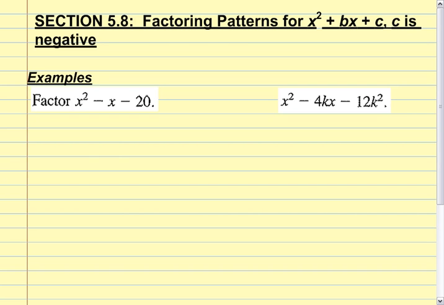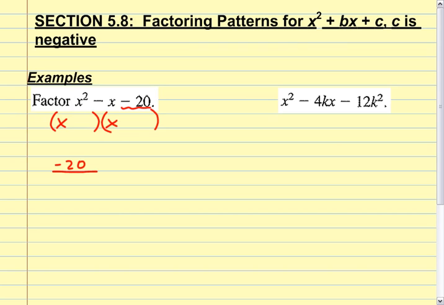The coefficient, that means the number in front of the variables, okay? The coefficient of x squared is just 1. The coefficient of x is negative 1. This term doesn't have a coefficient. It's just negative 20 at the back, okay? Now, the nice thing about this is since there's not a number in front of the x squared, I know it's going to be x and x, all right? What I do is I'm going to take the last number, the last term, and I'm going to factor it,